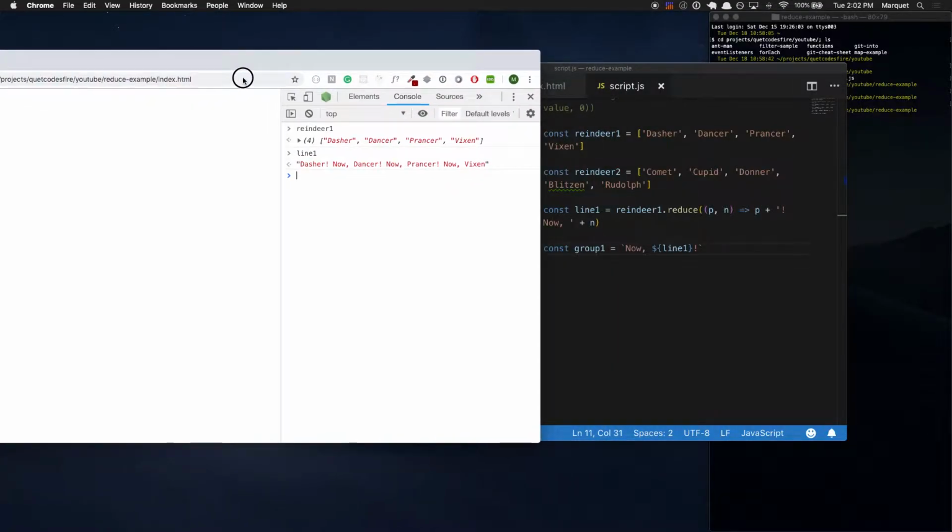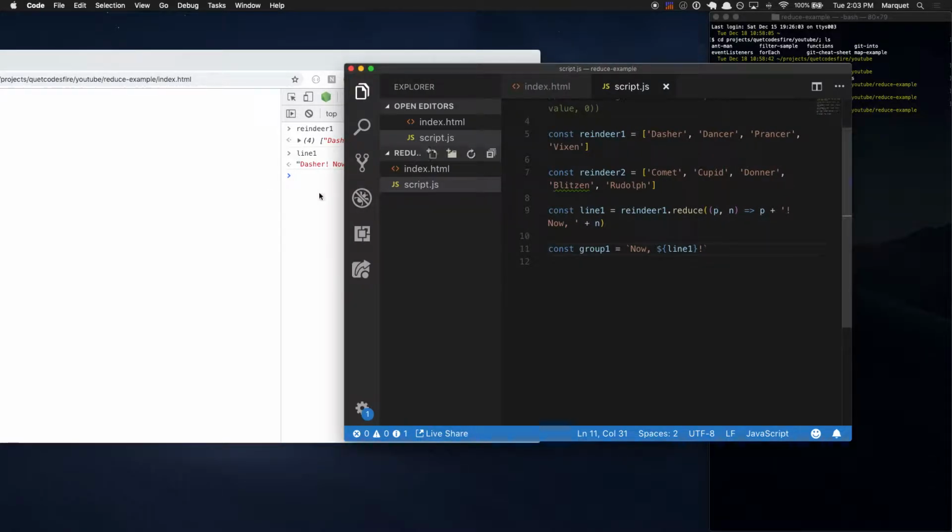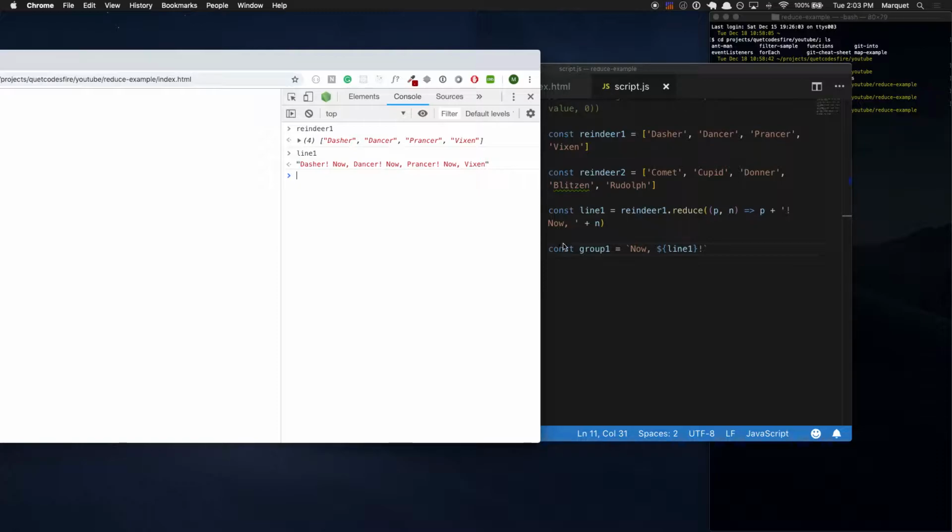So if we take a look at what we have here for line 1, we have our reduce method. We're using p and n as our variables. We're adding p plus exclamation point space, now, comma, space, and then plus n. So to break this down exactly, we're starting with nothing. We don't need to put a zero or anything, because that's actually going to get weird. I can actually show you an example in a second. There's going to be nothing previous. It's going to kind of loop, and then